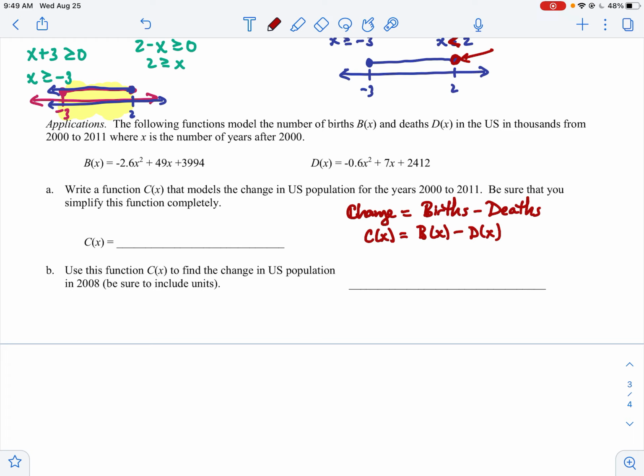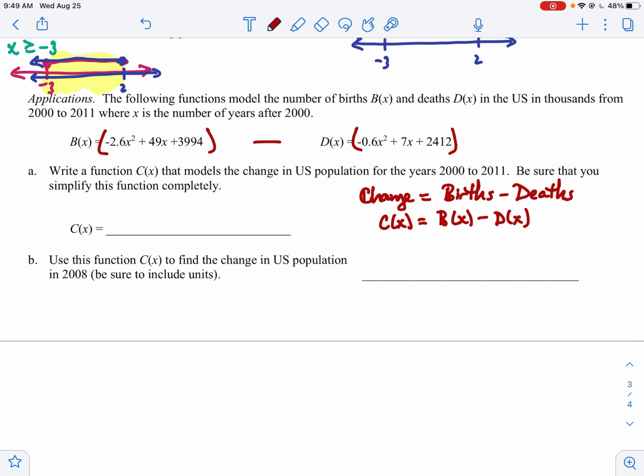All right, so b minus d will give me the change. So if I just take this function b and subtract this function, that's going to give me my change. If I did negative 2.6 x squared minus a negative 0.6 x squared, that would change it to a plus 0.6, so that's going to give me negative 2 x squared. And then 49x minus 7x is going to be 42x. And then if I do